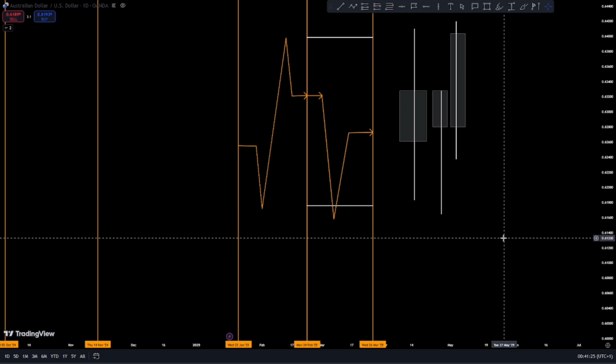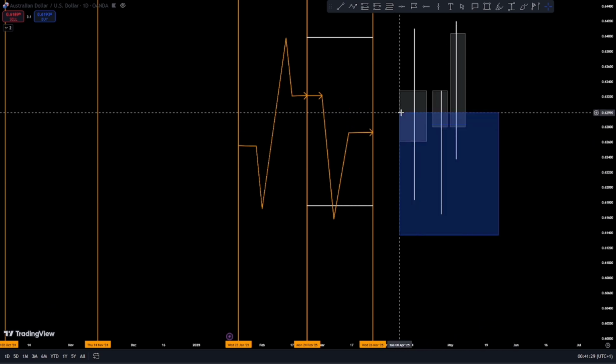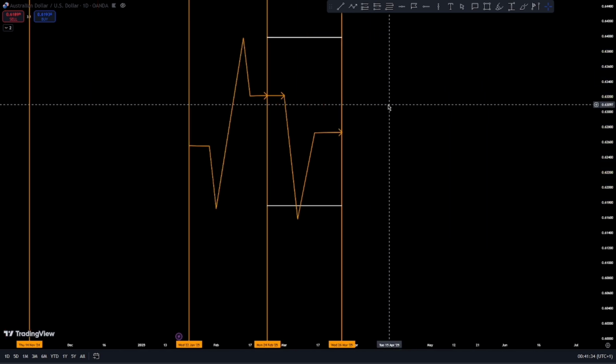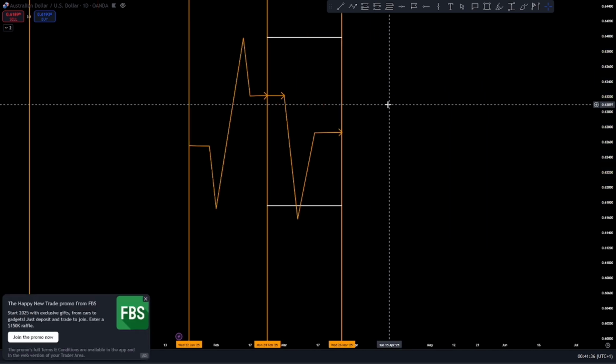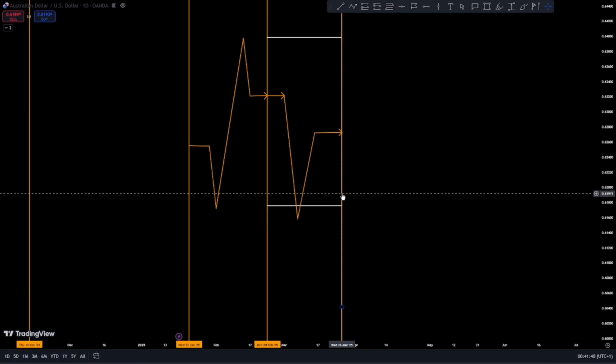This is the reason why you will notice that while I was teaching, I was talking about previous day low. The reason is that I would advise that as a beginning trader who is just starting out with MBM, start from the previous day level. Don't start from the 4 hour, don't start from any other level, because